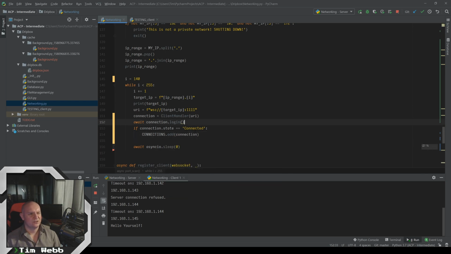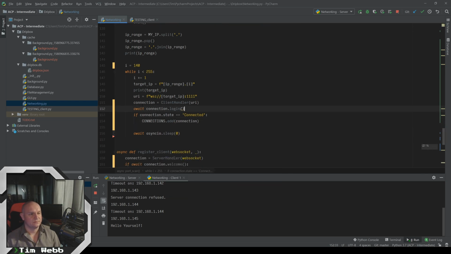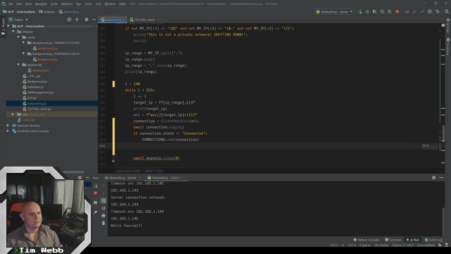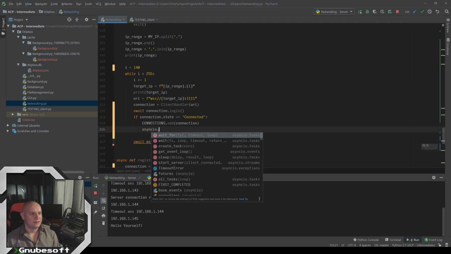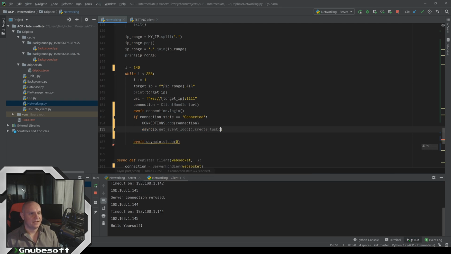And it occurs to me that I should probably add some dialogue up at the top so we know when things are connecting to places, but yeah. We've added that to our collection, and now we can add that listener, the same exact listener code that we're using in the server. We can add that now to our event loop. So we do the asyncio get event loop, create task,